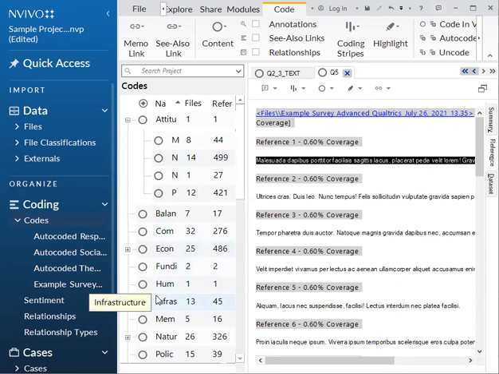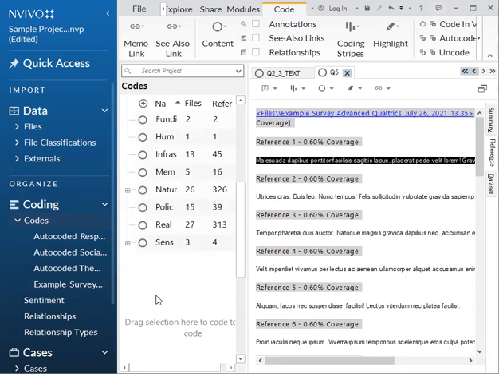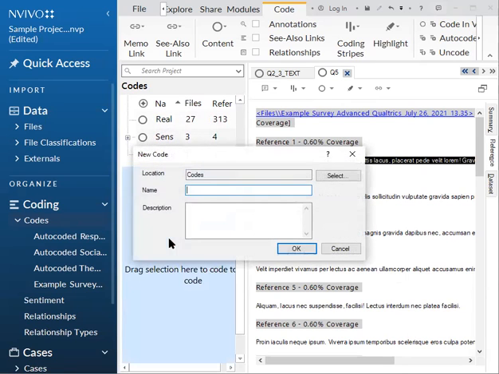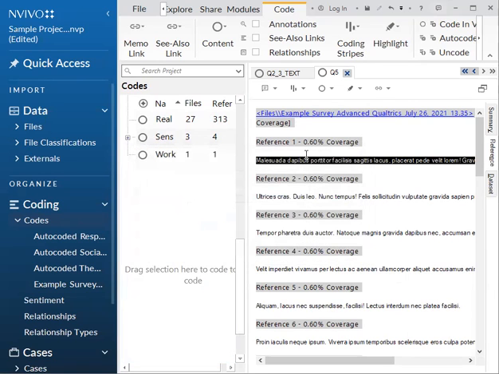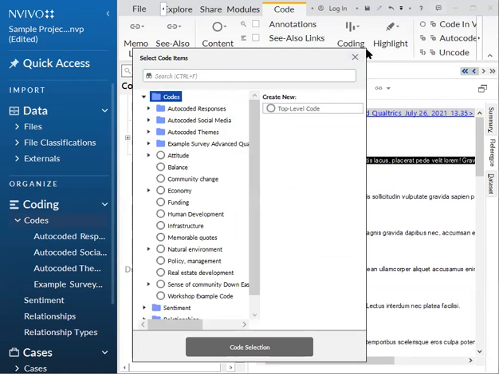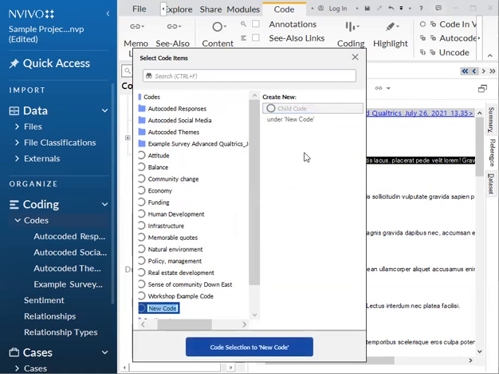And then lastly, if you want to create a new code, you would just go to the bottom of your codes and you can drag and drop it into the blank space and create a new code here. Or again, you can right click and just hit code selection and just hit create new.